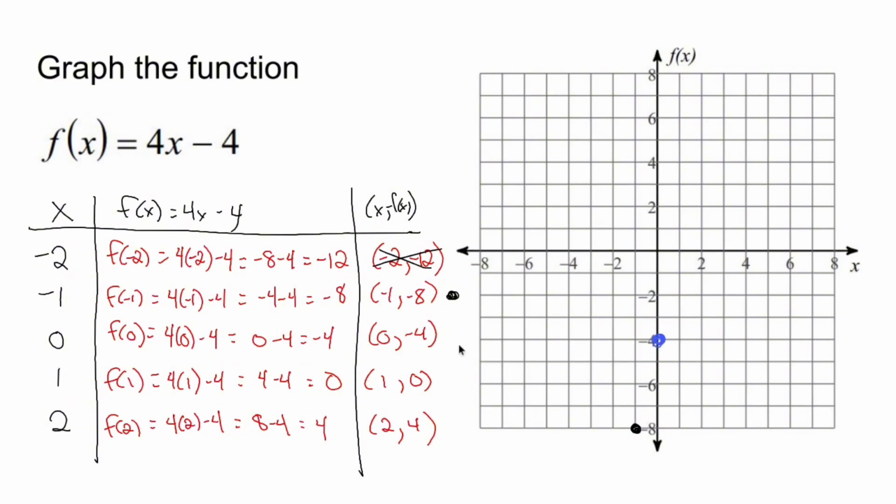1, let me put a blue dot there so we know what's what. 1, 0 has me starting at 0, 0, going right 1, don't move. So that's 1, 0, right 1, don't move. And last but not least, we have 2, 4. And if you're wondering, what's a 2, 4? For chewing. You go right 2, you go up 4, you go right 2, you go up 4, and there